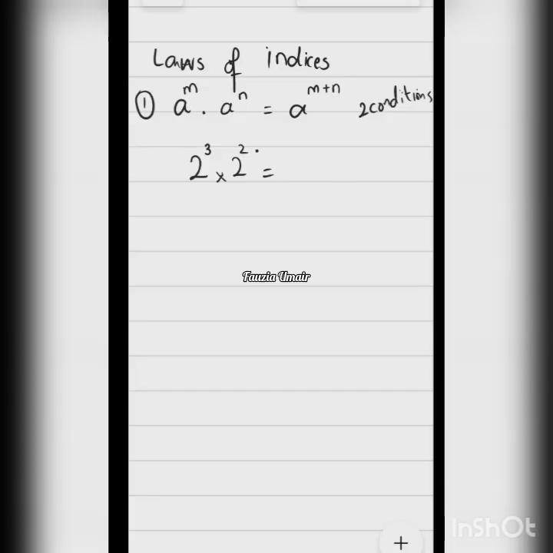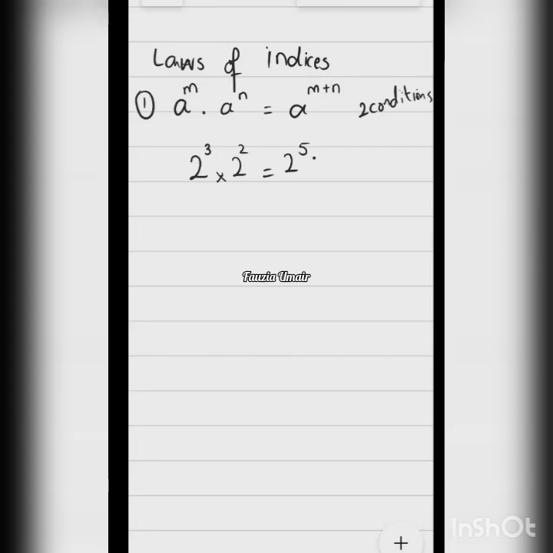What would be the answer? 2 raised to power 5. So ये it's the biggest misconception. अक्सर हमारा, क्योंकि हम मल्टीप्लिकेशन का साइन देखते हैं और हम क्या करते हैं, हम जस्ट इसको मल्टीप्लाई कर देते हैं. हम कहते हैं 2 रेज टू पावर 3 मल्टीप्लाई बाय 2 रेज टू पावर 2 इज 2 रेज टू